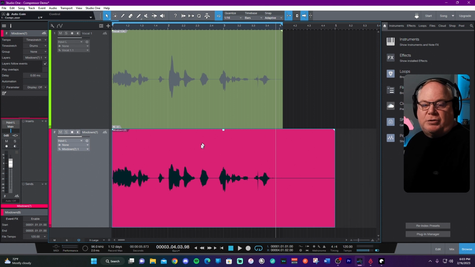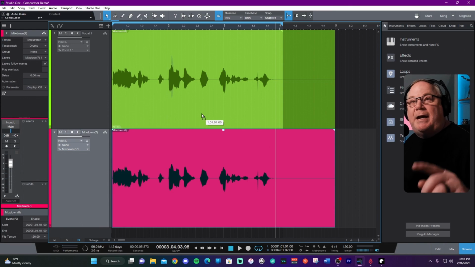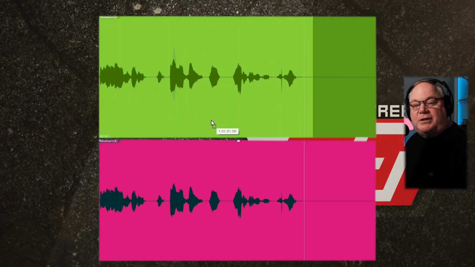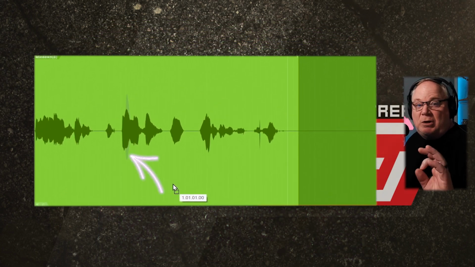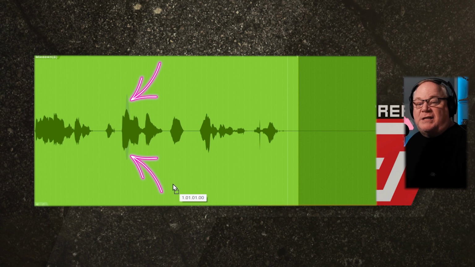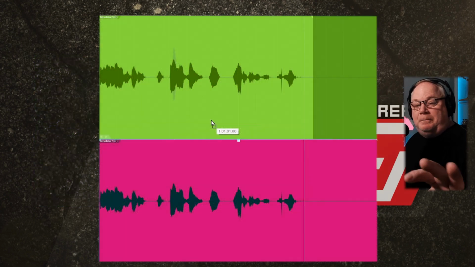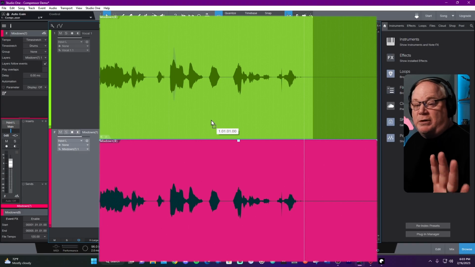And I'm going to click and drag this up to here, and you can see now just how much compression has happened on that transient, how much it's knocked that down. That is what compression does for you. You can see that it has leveled that transient out to be pretty close. It's still a little bit louder than everything else, but it's really close to the normal level of all of the other speech portions within this audio clip. So that's really what compression is. That's what is really nice.